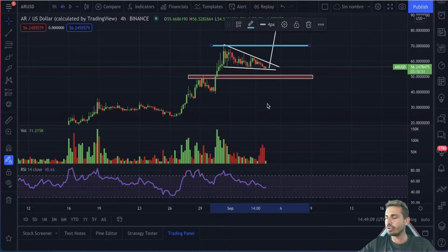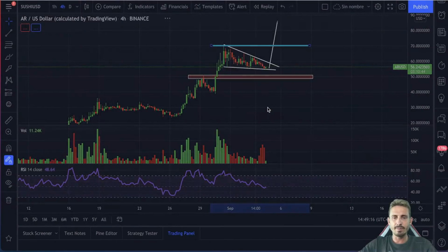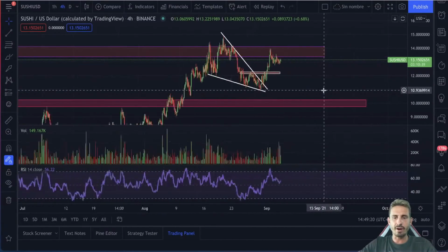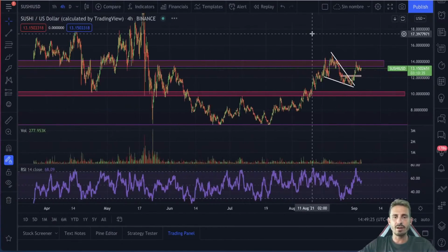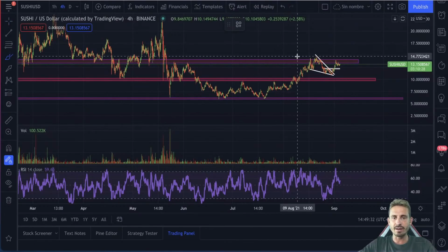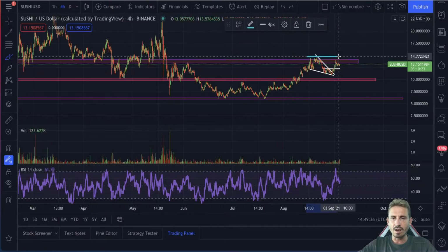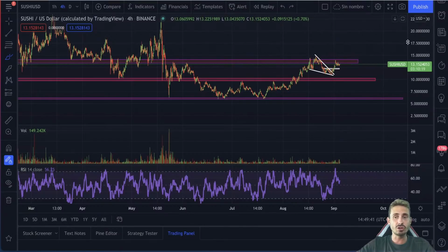Jita, are you bullish on sushi? Yeah, very much so. I think sushi and Uniswap have just had a little bit of a retracement here. It's doing absolutely fine, really good. We almost met the target here on sushi from this breakout of the pennant. We need to break this high. As soon as we break the high here for sushi, it's going to be looking incredible. This is around the $14.50, $15. As soon as sushi breaks $15, I think that we're going to have a super major leg up